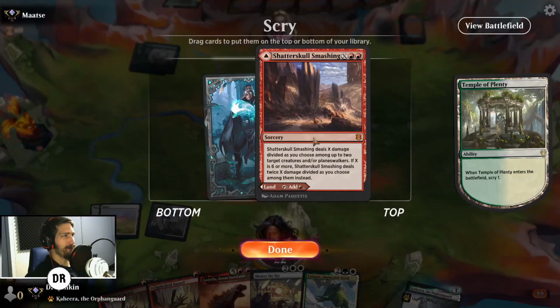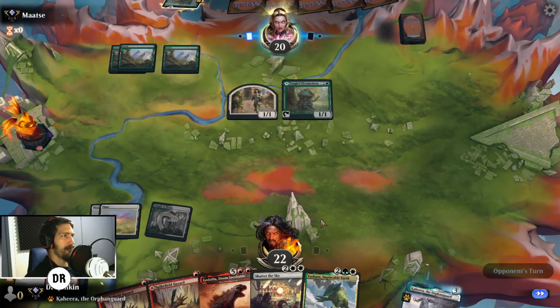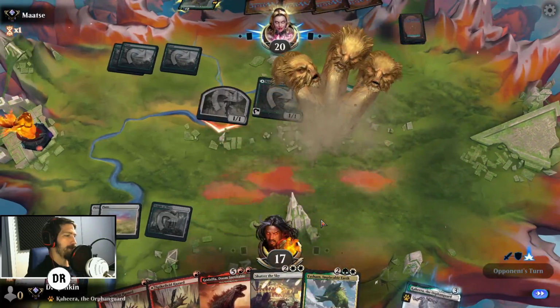Alright, this is fun. Shatterskull. I actually do like the Shatterskull. We'll keep that on top, because if I need to, I can bolt that in and just shatter the sky. Right? Questing Beast. Well, now you see...